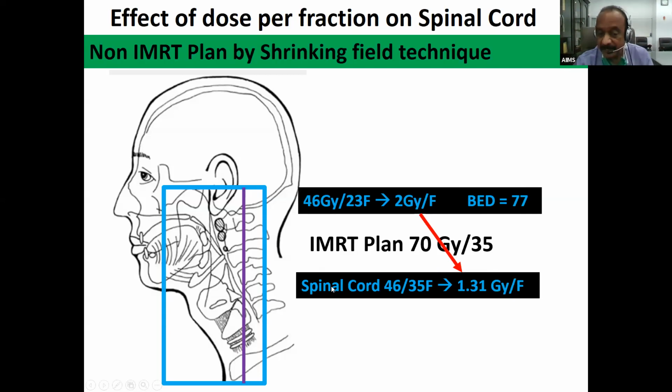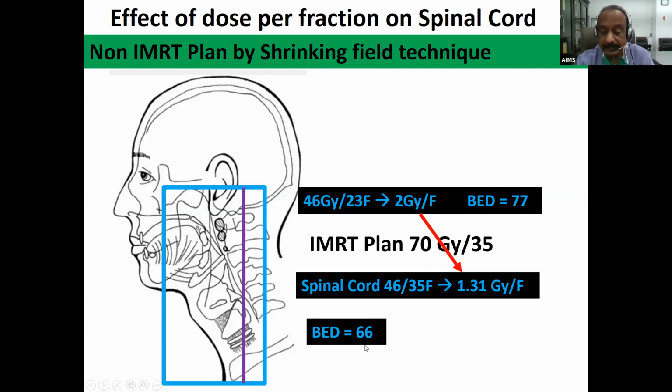In an IMRT plan, you are putting 46 gray as the physical tolerance to the spinal cord. But if you calculate the biological effective dose, it is much less than the biological tolerance of the spinal cord, which means there is still scope for giving more radiation dose to the spinal cord with this fractionation scheme, right? So what I'm trying to tell is not that you give more dose to the